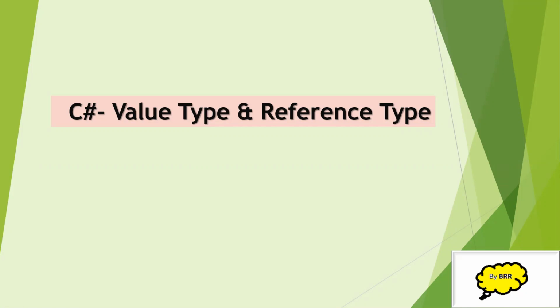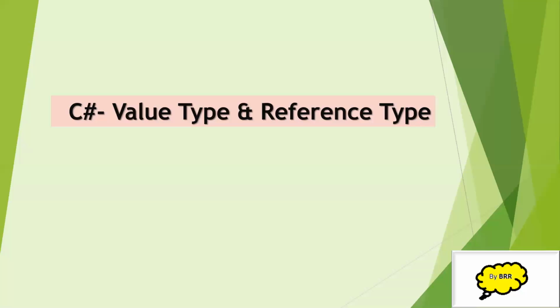As I told you, a data type is a value type if it holds the data value within its own memory space. It means variables of these data types directly contain their values. So I can say a value type is a kind of data type which holds the data value within its own memory. It means variables of these data types directly access the values. For example, if you say int i = 100,